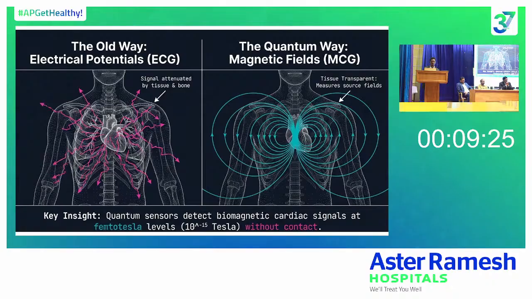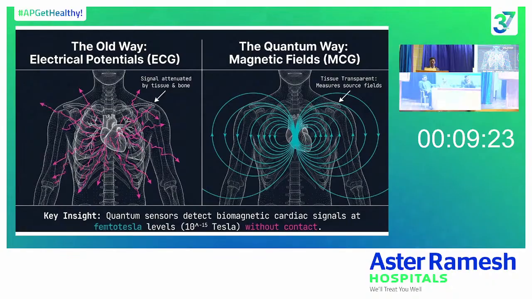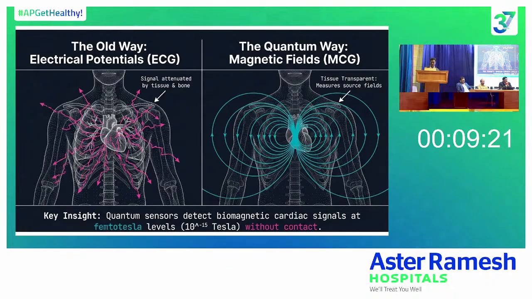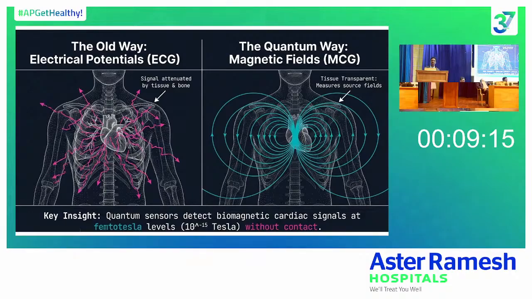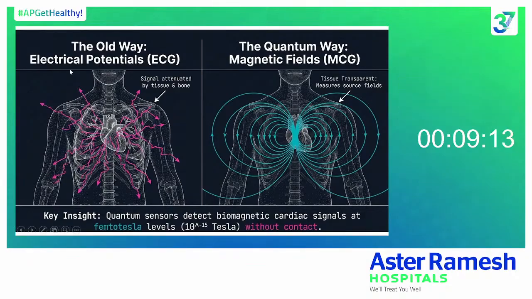When it comes to cardiovascular medicine, one thing which is already being used in research is the magnetic field, or the magnetocardiogram. We all know about ECGs. ECG has been there for hundreds of years and it picks up the electrical signals of your heart. But quantum technology will be able to pick up the magnetic field of the heart. One might be wondering whether the heart also has a magnetic field. Yes. Anywhere where current flows, a magnetic field will be created, by Murphy's law.